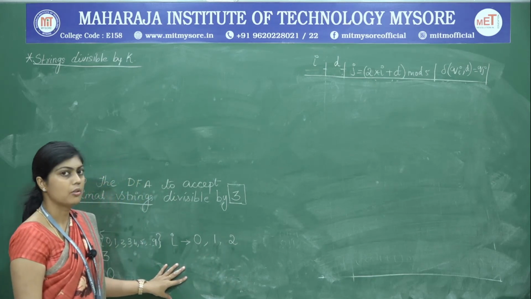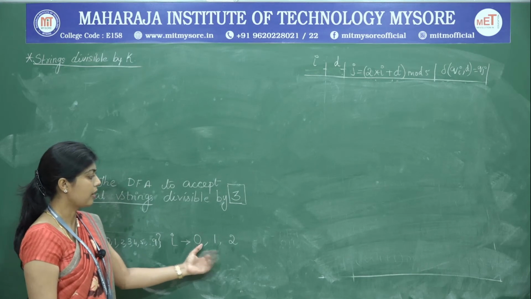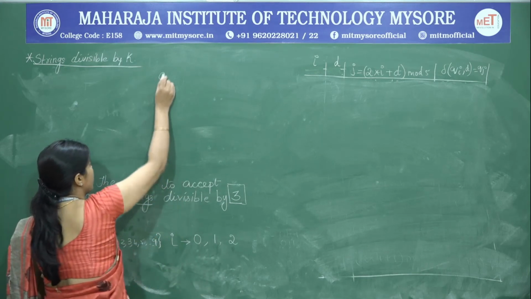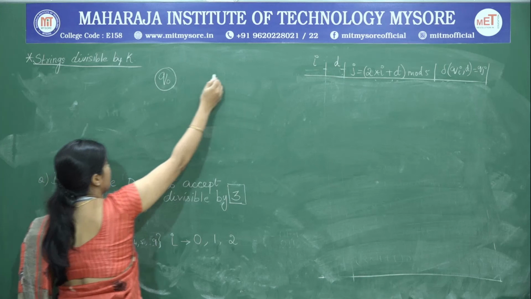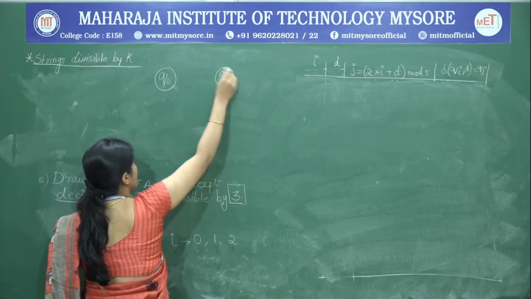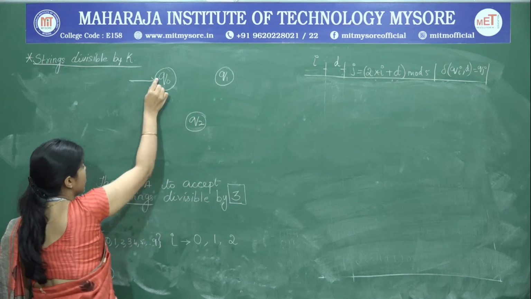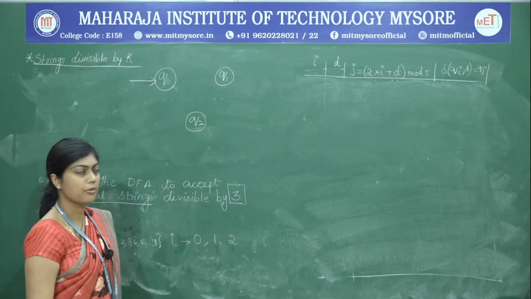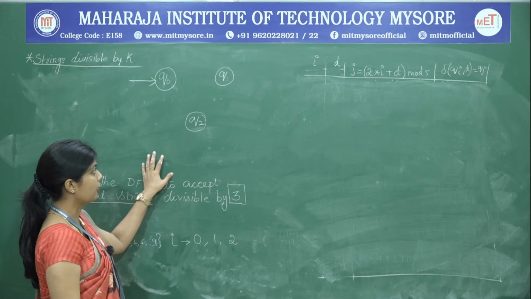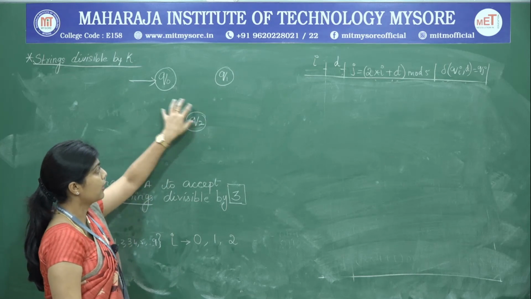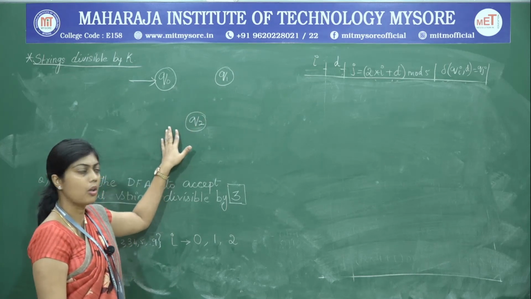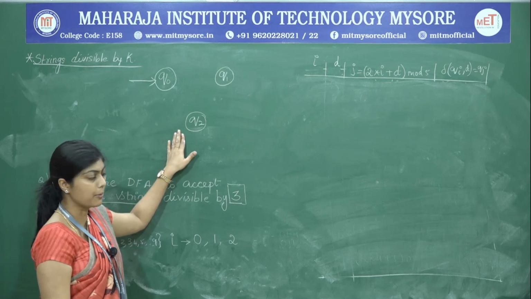So, once we have determined there are 3 states, we may just write them as Q0, Q1 and Q2. So, we can write the skeleton of the DFA. Once we have finished writing the skeleton of the DFA, we have left to find out the different transitions on all the input symbols for this DFA.